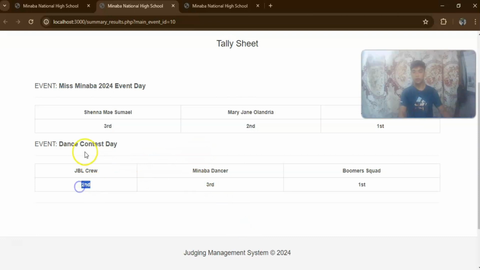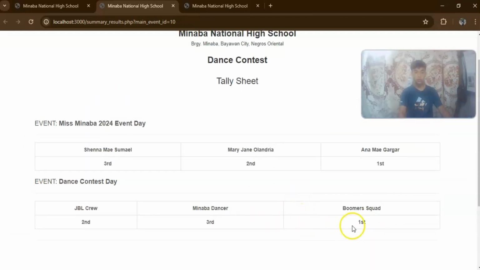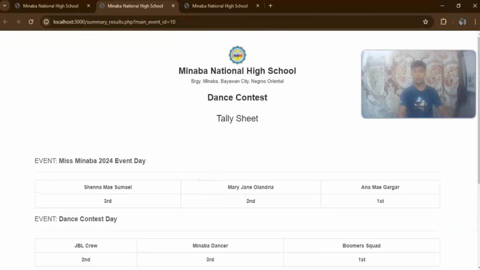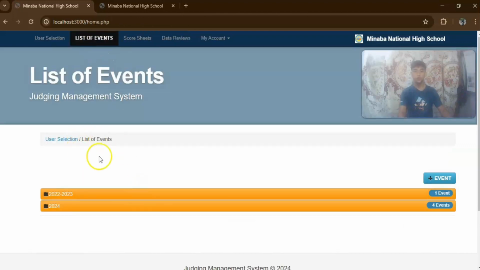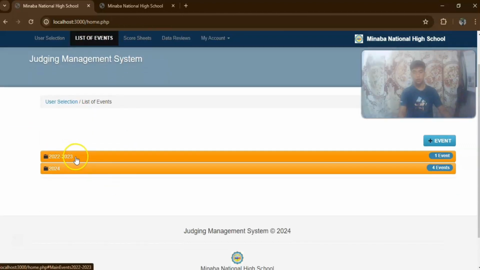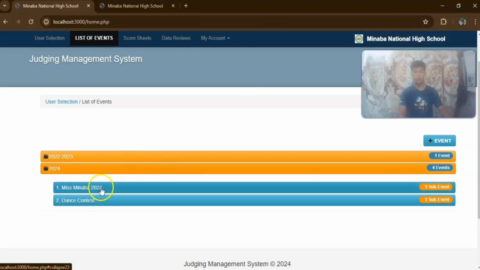The redundancies are there so that we can easily track the winners. The list of events is filtered by year, so if we input 2025, it will create another listing.